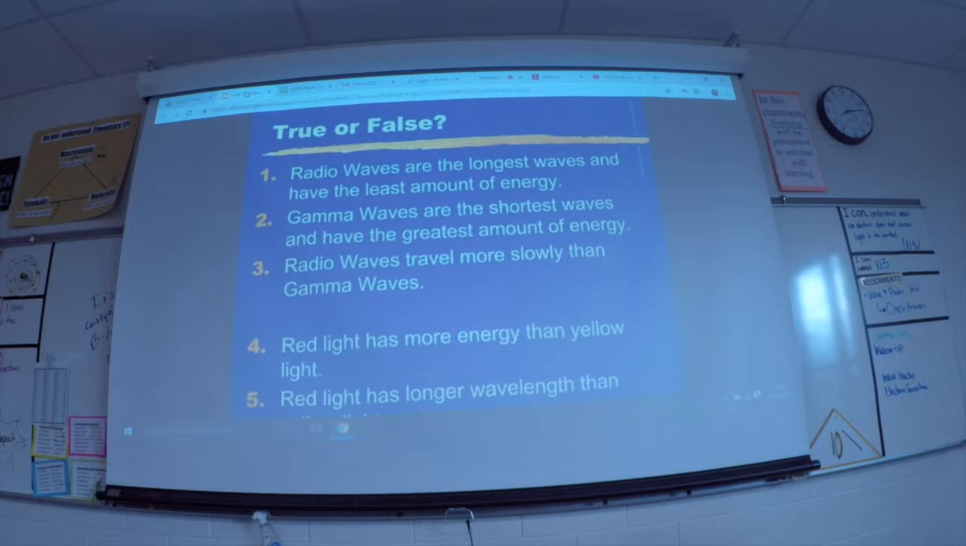Okay, number 4, red light has more energy than yellow light. I forgot to officially say the order of the rainbow, but everyone knows it's ROY G. BIV, right? So this one, if red light has more energy than yellow light, that is false, because ROY G. BIV is from low to high energy. That's why it's illegal in the U.S. to have anything above a green laser,